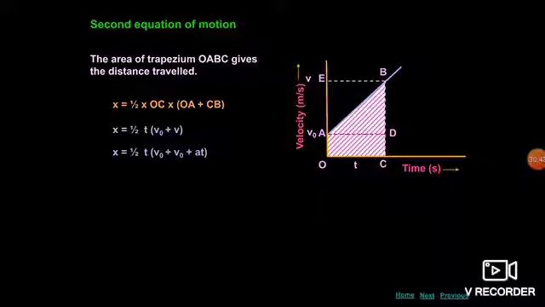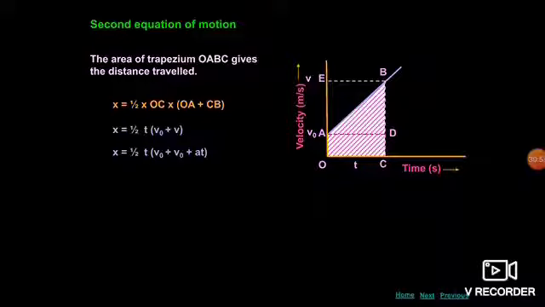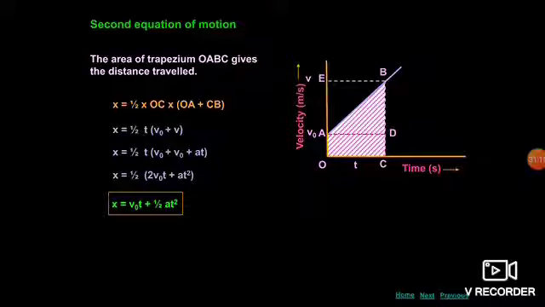So in the next step, we know that V is equal to V0 plus at. This we have done already in the very first derivation. Now if you multiply t inside, V0 plus V0 will be 2V0 into t, plus at into t becomes t square. So Sx is equal to V0 t plus half at square. That's the second equation of motion.